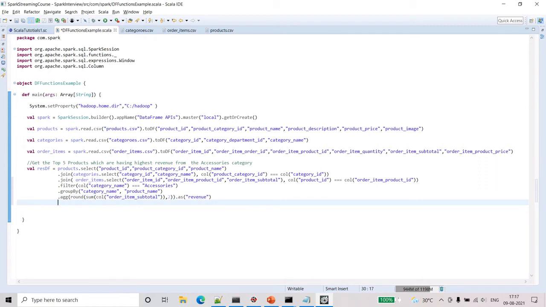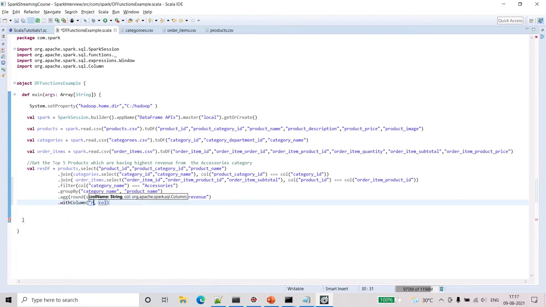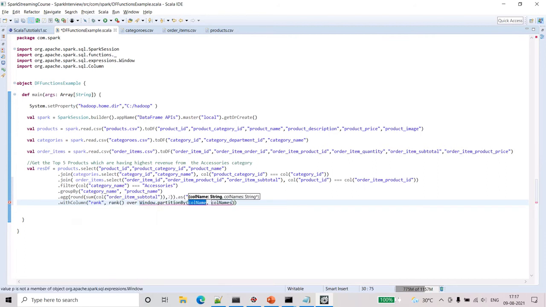And we have to get the top 5. For this we have to define a rank function as well, with column rank, and here let's write the rank function. Based on what column we have to do the partition? It is category name.